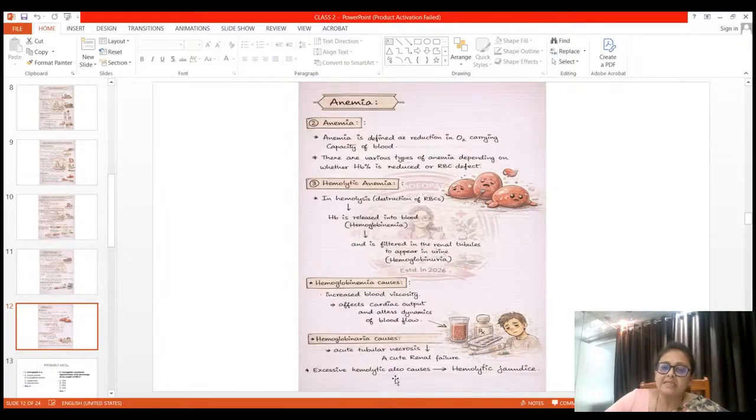When they are destroyed in excessive amount, it may lead to hemolytic jaundice. So this is about hemoglobin and its structure, functions, iron metabolism,